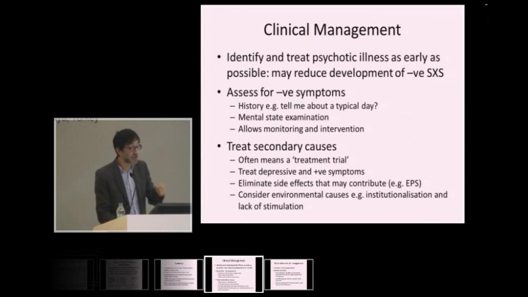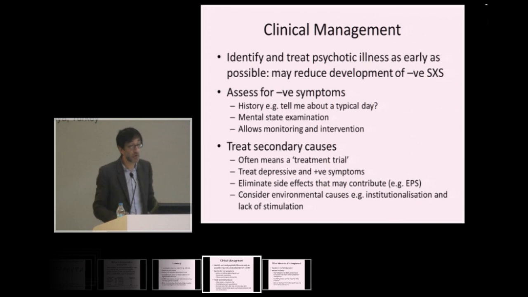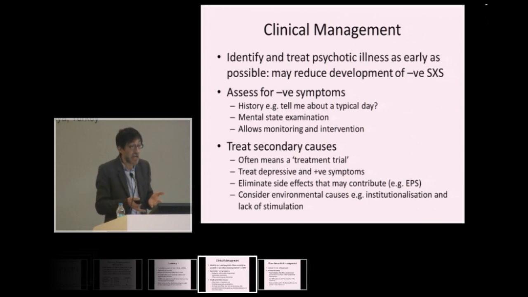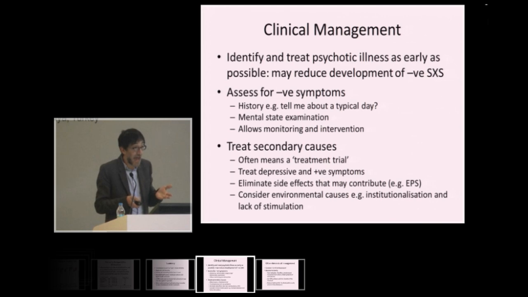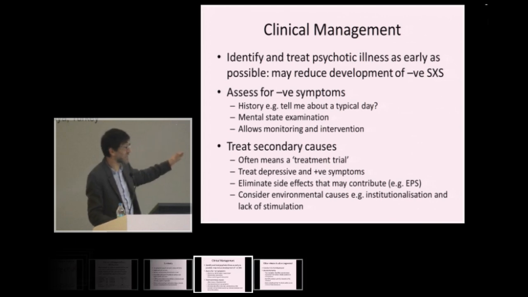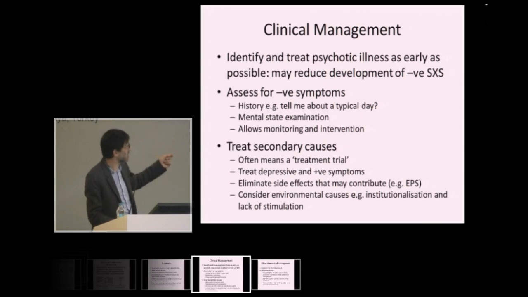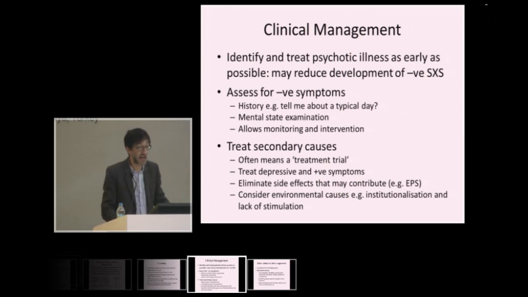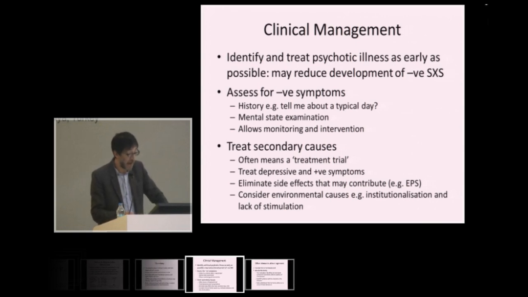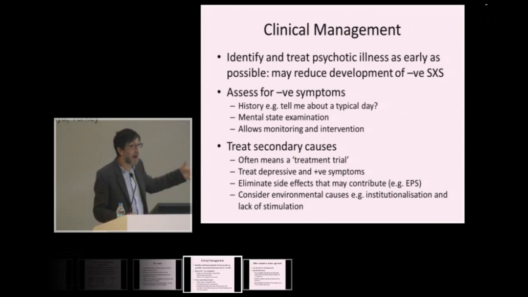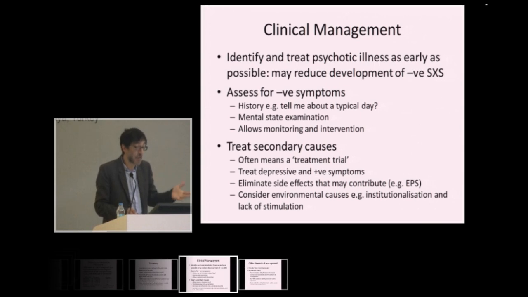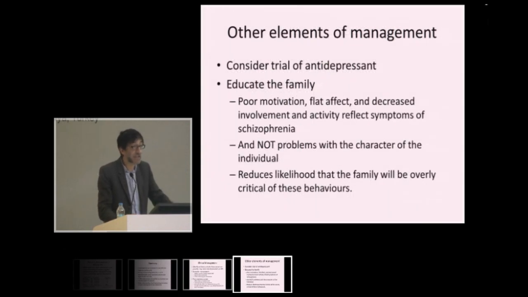It's important to treat secondary negative symptoms. Of course, when someone has negative symptoms, you rarely know whether they're primary or secondary, so I think you just have to try and treat everything you can. So if there's any suggestion of depressive symptoms, treat them. If the patient's got resistant positive symptoms, treat them. Make sure the patient hasn't got extrapyramidal symptoms. Try and get rid of any sedation. Look at the environment. Try and make it as stimulating as you can without stimulating a patient so much they become psychotic. Antidepressants, there is a suggestion from the meta-analysis that they can work.